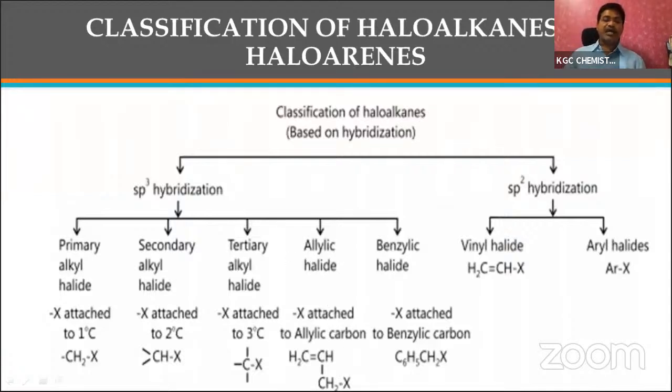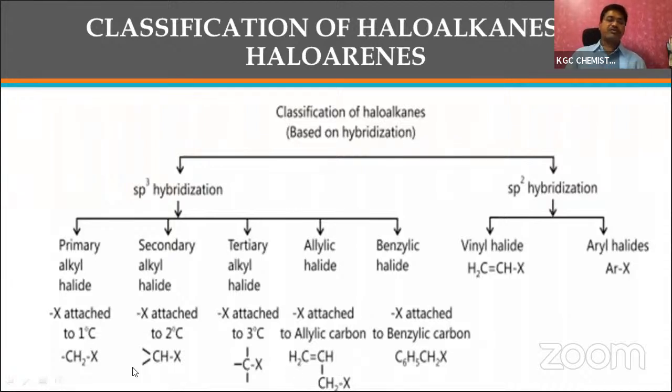You remember, allylic is nothing but there will be a CH2-CH double bond, but the halogen is not present at this carbon, it is present at the third carbon. This is the first carbon, second carbon, this third carbon. That means here the double bond is present on the beta position, not in the alpha position. This is going to be the alpha, this is going to be the beta.